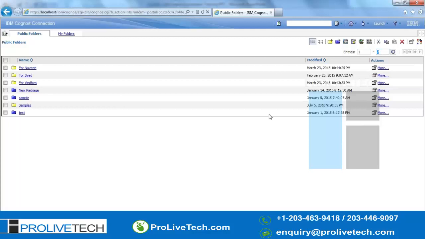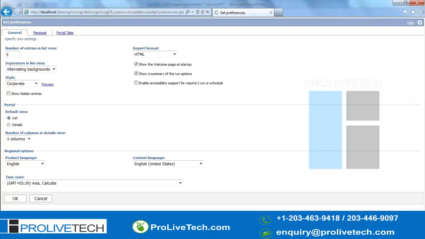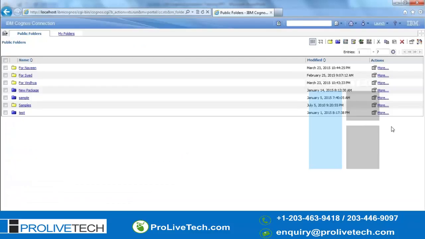Since 7 are there, all are displaying on one page. You have to do it manually every time. If you want to make it dynamic, go to My Preferences, and here give 15, so that every time it will show at least 15 rows.